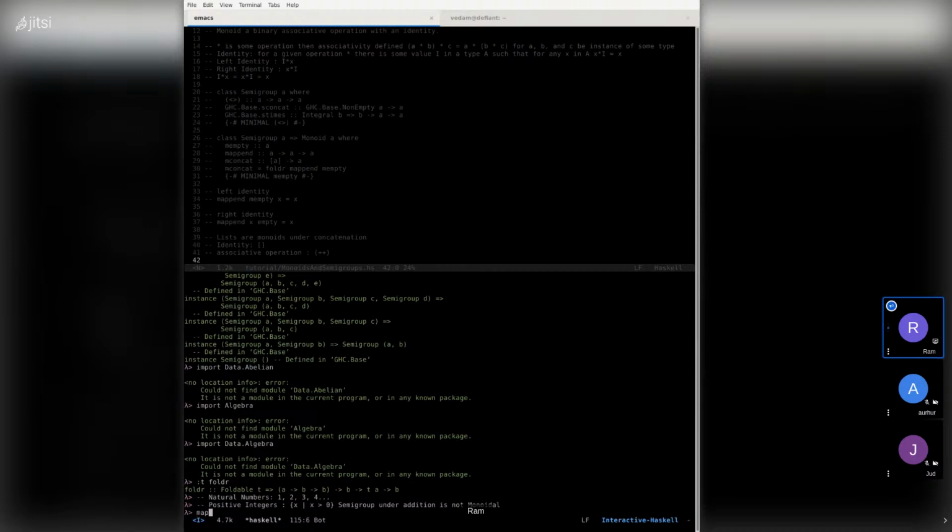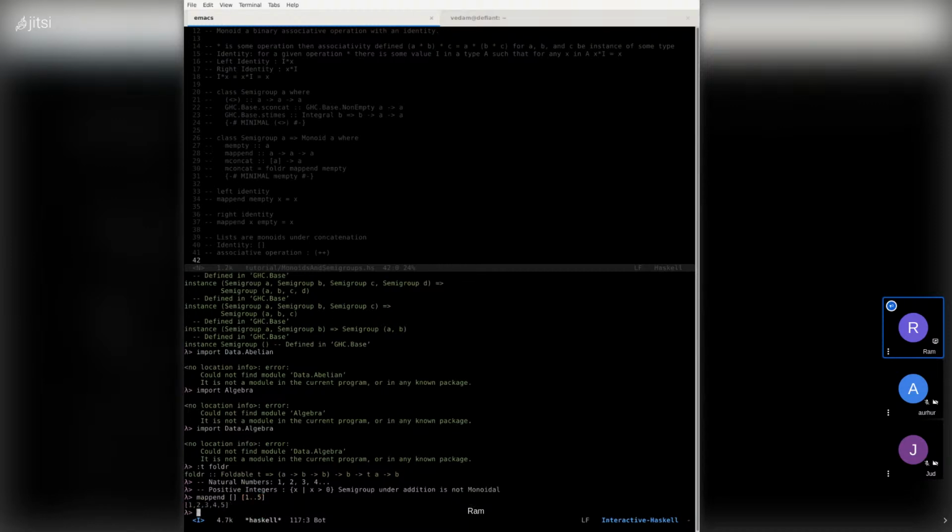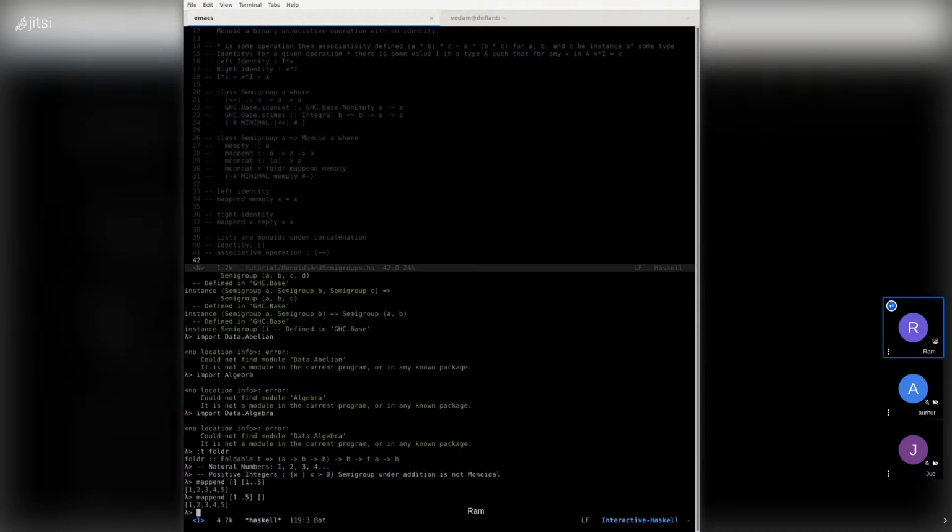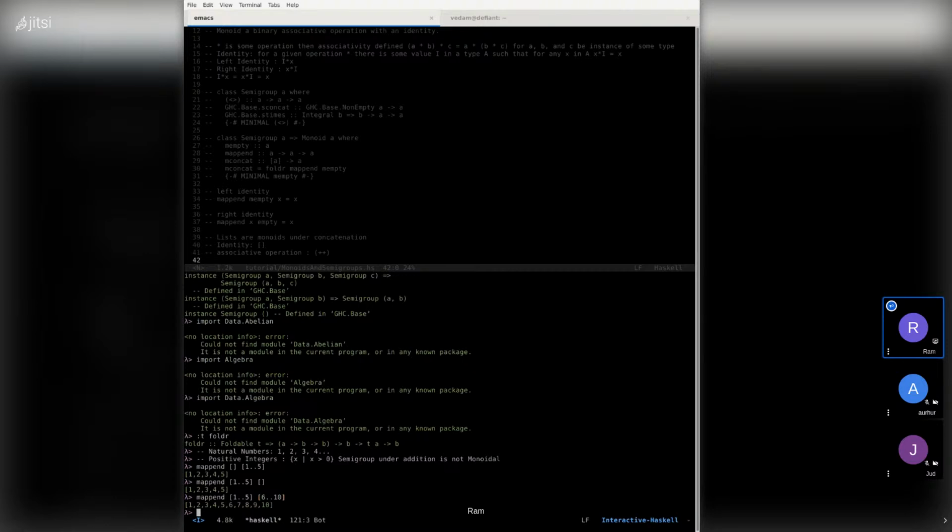If we start out, let's show that we have left and right identity here. So we could just simply do mappend on an empty list here. Let's do 5. Okay, and we see that we get this. We know that we have right identity because we can apply this to the empty list too as well, and we get the original list back. We also can apply this to non-empty lists, and we'll get the concatenation of these two lists.